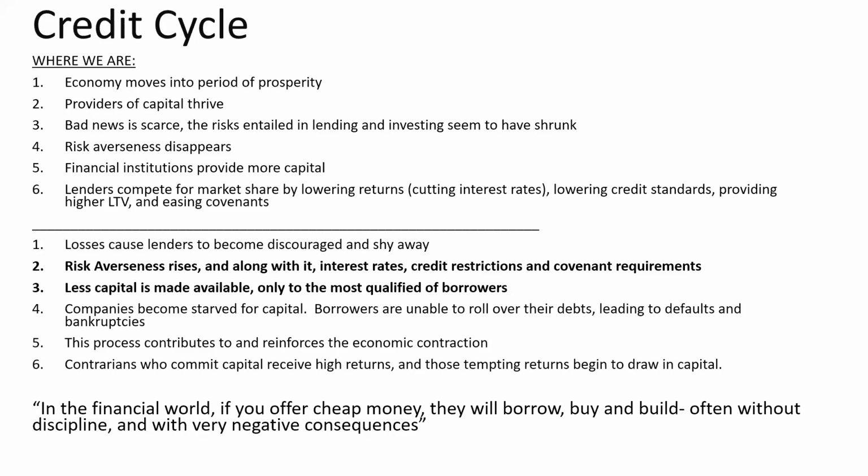And now losses are causing lenders to be shy. They're raising interest rates, they're raising credit restrictions, covenants, and there's less capital. I talked to 2 large regional banks here in Dallas on just a standard multi-deal on a recourse loan with an established, experienced operator, and they're just saying we're not lending right now. And so less capital is available for borrowers, and eventually that's going to cause number 4 and number 5, right? So companies are going to be starved for capital.